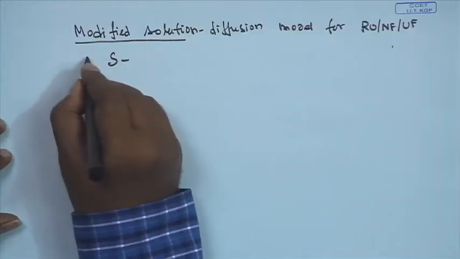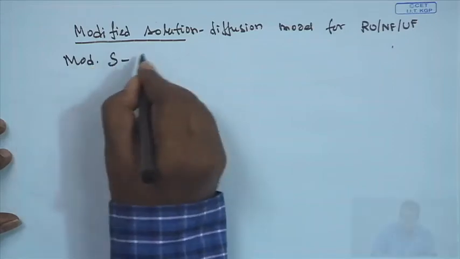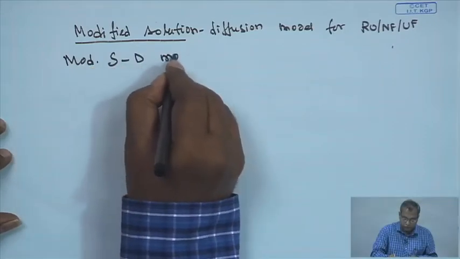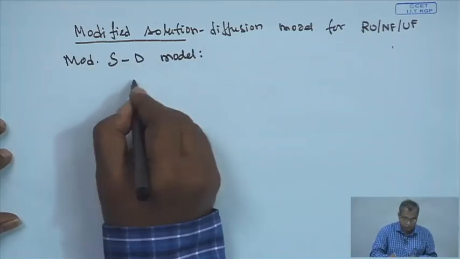So, in the higher molecular cutoff nanofiltration membrane, both convective and diffusive flux will be equally important, and a correction factor or modification factor will appear in the solution diffusion model in order to incorporate the convective flux through the membrane. Therefore, the modified solution diffusion model can be written as